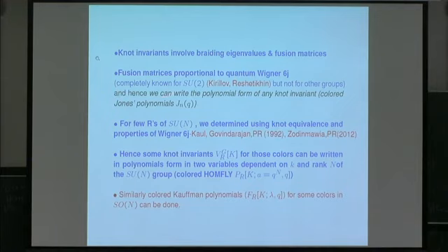So you could write the polynomial form for any knot, in fact any link, and that gives you the colored Jones polynomial. So that's a complete solution available in Chern-Simons theory. But unfortunately for SU(N), such data is not available so far, and it's still an open question. But using knot equivalences and properties of this Wigner 6J for low dimensional colors, low dimensional representations, we managed to